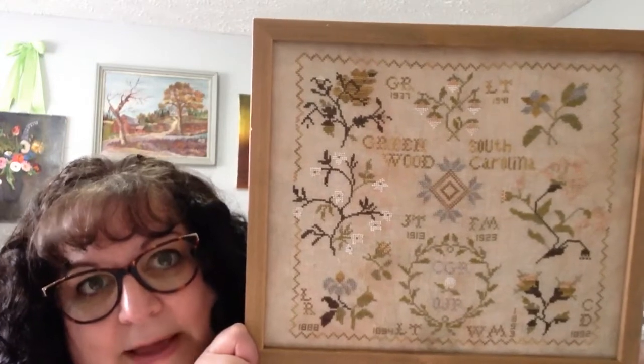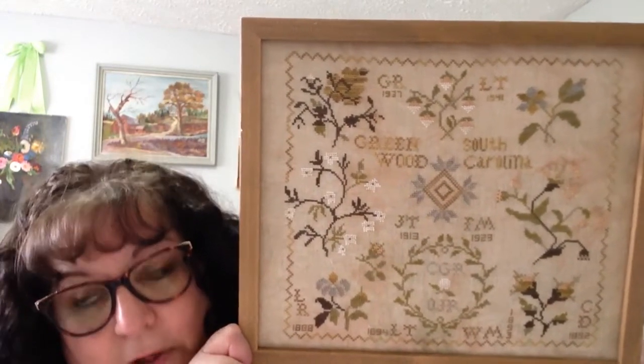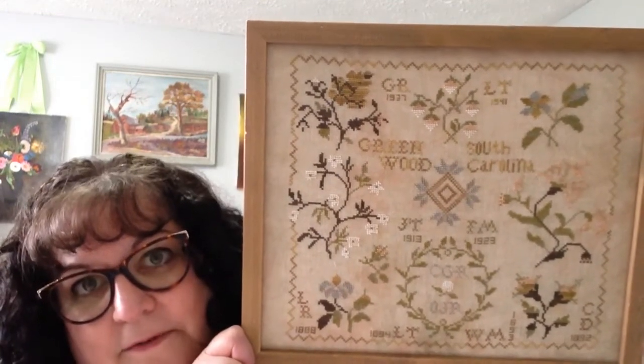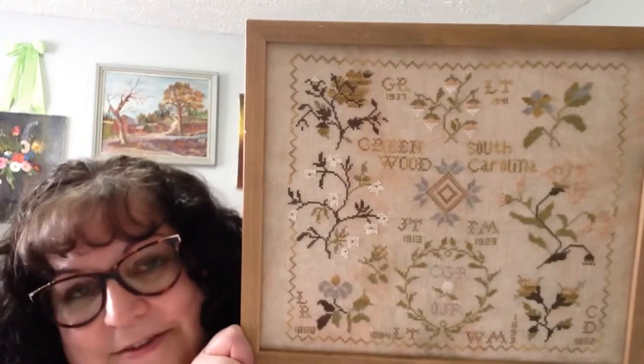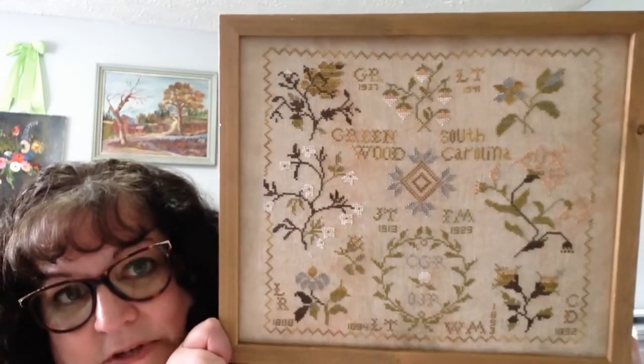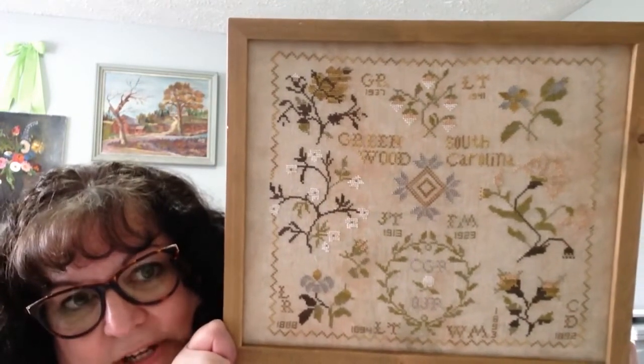I normally like brighter colors. That's more my color palette. But I love antiques, and I love faded, worn antiques. That's what this reminded me of. I just fell in love with the color palette when I was stitching it. And while I was stitching it,